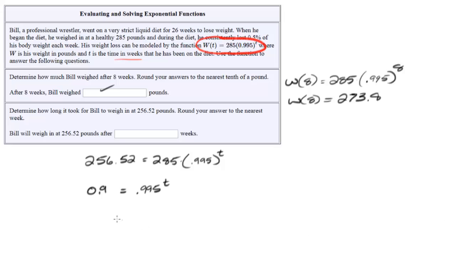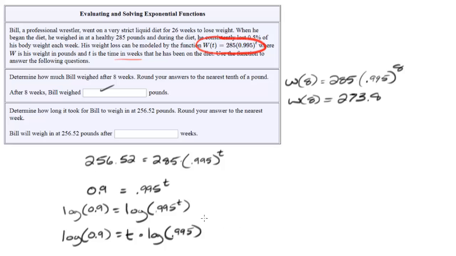Now what I'm going to do is I'm going to apply the log base 10 to both sides. I use the log base 10 because I can get my calculator involved. I also am using logs because logs allow me to take the exponent and move it down out front, and so that's what I'm going to do next. That's a really important property of logarithms, is if I have an exponent inside of a logarithm, I can put it out front here. So t times the log of